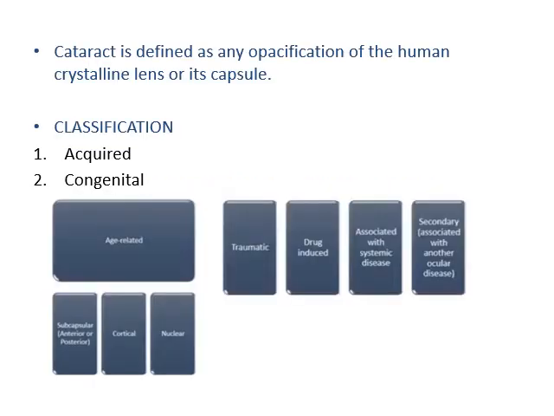Starting with the definition of cataract, as you all know, cataract is defined as any opacification of the human crystalline lens or its capsule. Classification of cataract is as follows. Etiologically, it is classified into the acquired type and the congenital type, and the acquired type is again classified into age-related, traumatic, drug-induced, cataracts associated with systemic diseases such as diabetes mellitus, and secondary cataracts which are associated with another